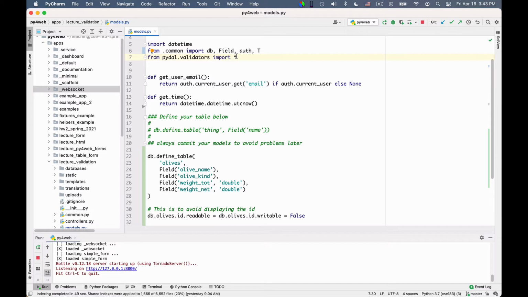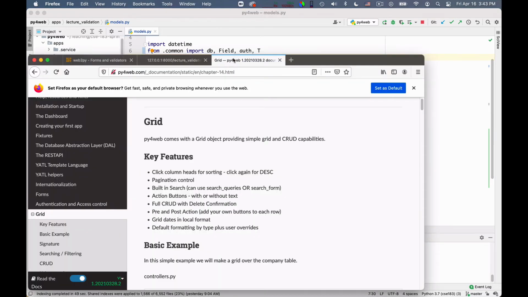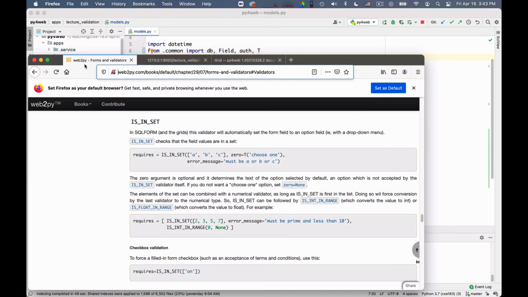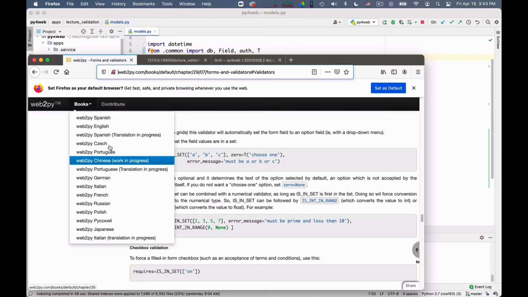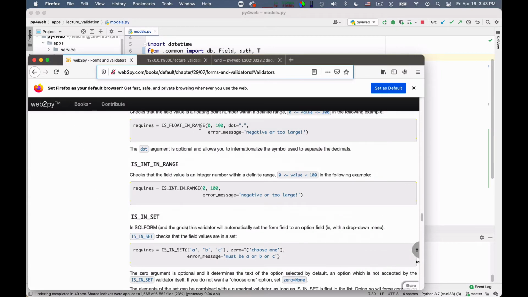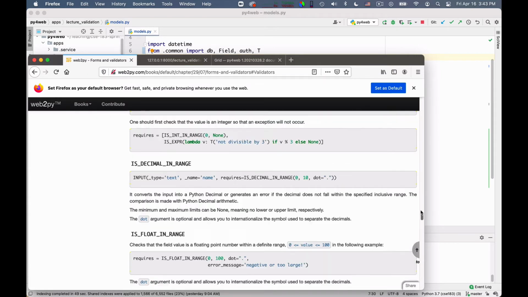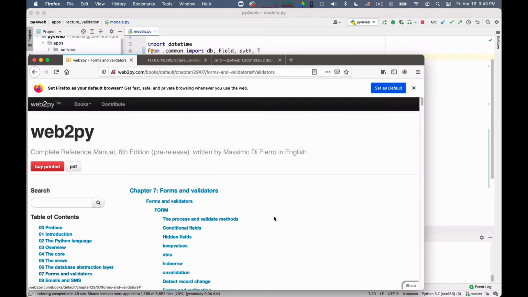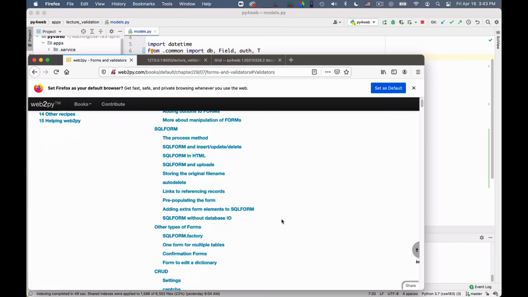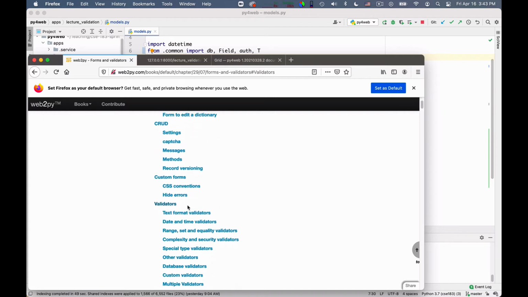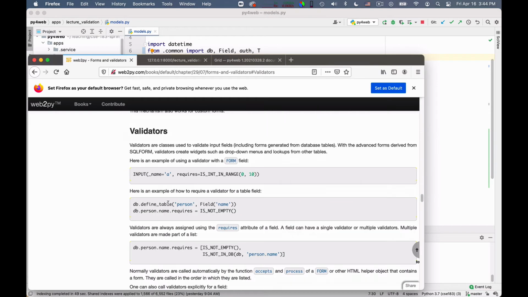And the documentation for validators, unfortunately, momentarily at least, you need to find it in the Web2Py documentation, not in the Py4Web documentation. There is a chapter on forms and validators, let me show it to you, that describes at some point the validators. So the validators come from PyDAL, and so they apply also to Py4Web. And there is a large number of them, and you should at least once browse quickly through them so that you know which ones exist.